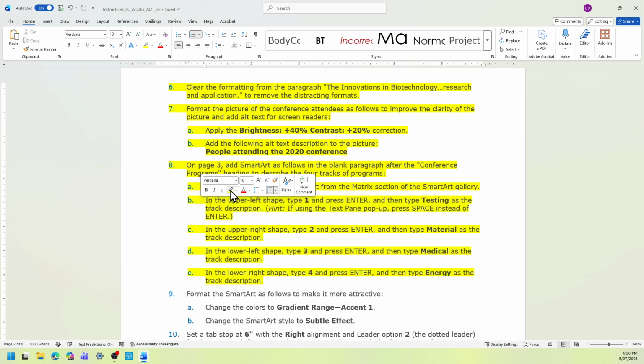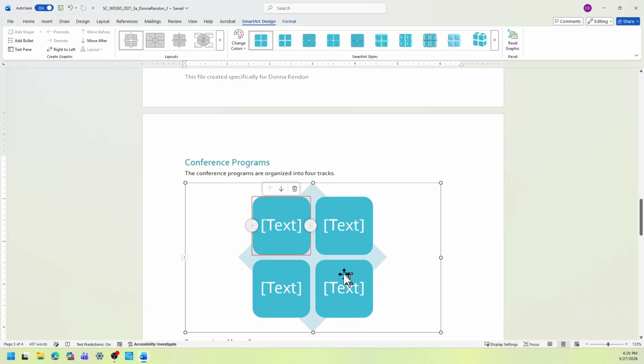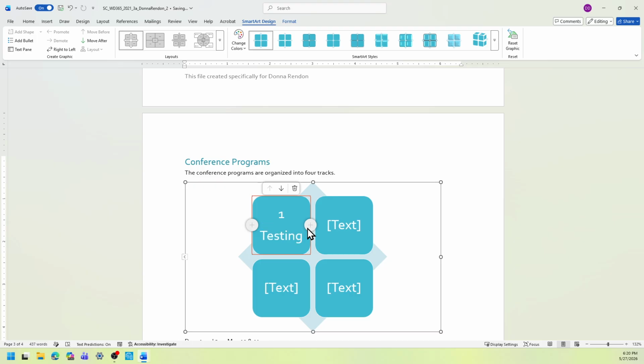Okay, so we'll do that on the start file. So just click inside that text, type 1, press enter, and then type testing. And then on the top right, type 2, press enter, and then type material.